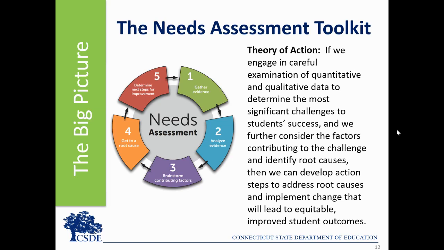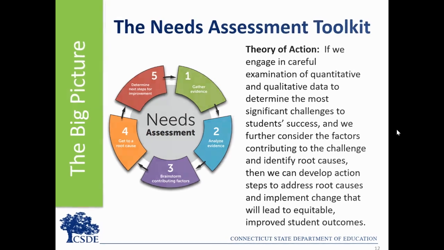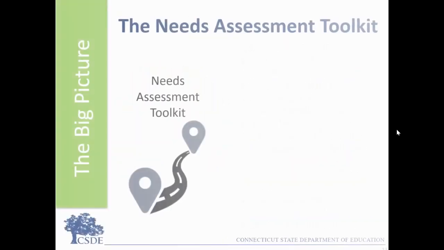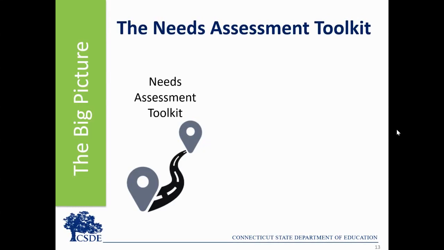Throughout the toolkit, videos are included to assist the team as they dive into each step. The toolkit is designed to explain each step of the process and then give you the tools you need to carry out that step. This toolkit is not designed to guide the team in developing the full strategic or improvement plan, but will identify challenges based on evidence, determine what some factors contributing to the challenge might be, and assist in finding root causes to these factors. With this information, the toolkit guides your team in identifying strategic actions to address the root causes.